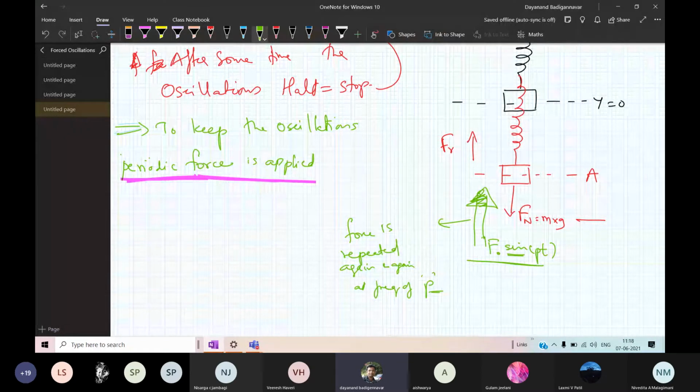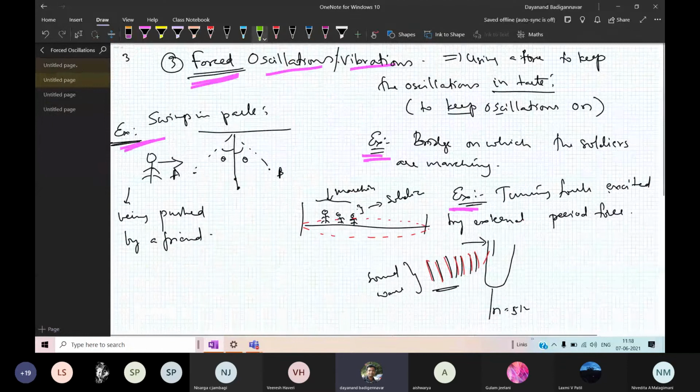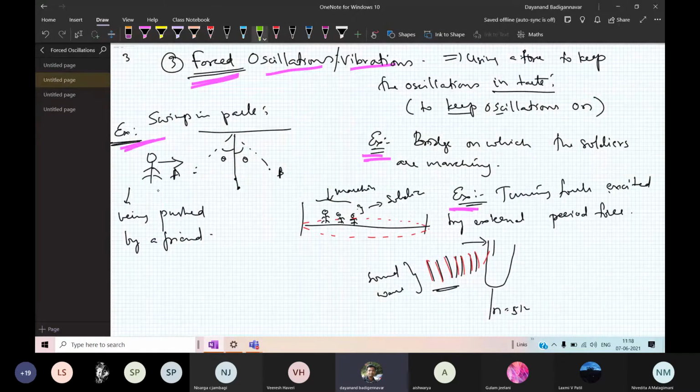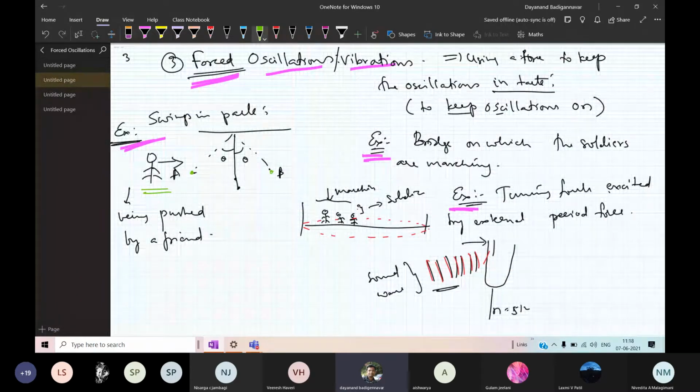Okay, you go to this diagram. This is a swing. You have the friend sitting here, and the swing is in between A and B. Your friend is applying the force. When do they apply it? Only when the swing is coming towards you, right? They apply it and the swing goes back. After that it is going to come back. It is going to be applied again. You are getting the point. So for every one oscillation that it is making, your friend is applying a force only once.